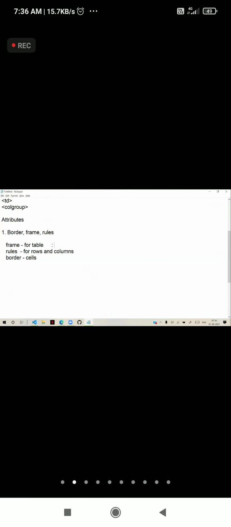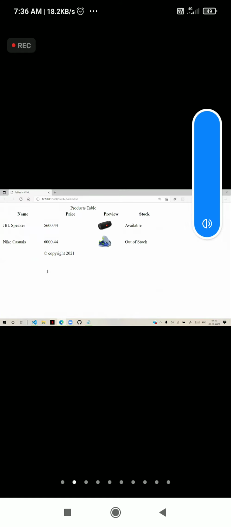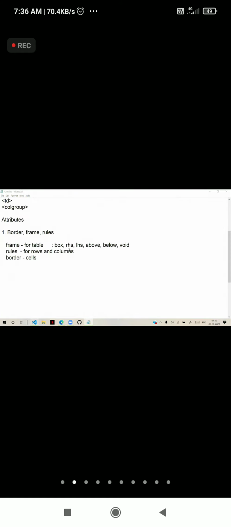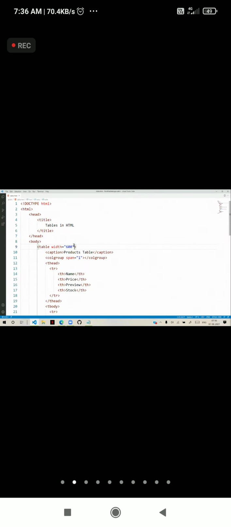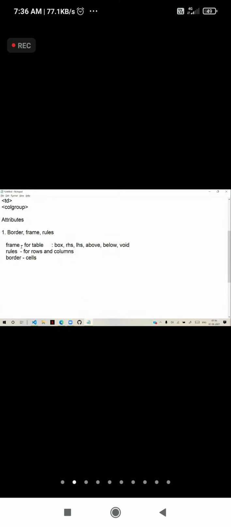Frame you can give as box, RHS, LHS, above, below, and void. These are frame related options. You see now I am giving an attribute frame for the table. The value can be box, RHS, LHS, right hand side, left hand side, above, below, and void.